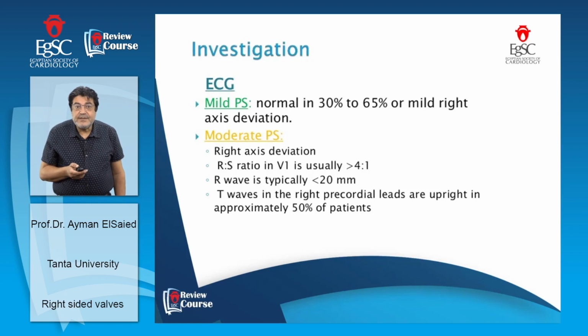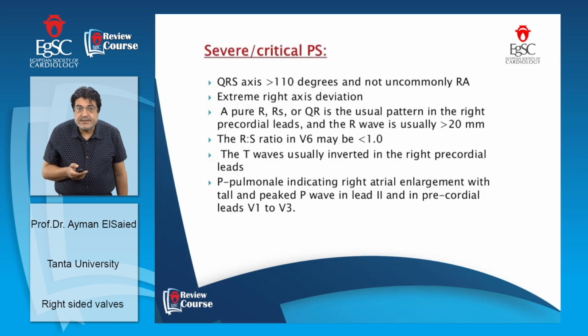The ECG is fantastic in evaluation of pulmonary stenosis. You can calculate the pressure, which is very accurate. In mild stenosis, it may be normal. In moderate stenosis, there is right axis deviation, the R to S ratio in V1 is usually more than 4, and there are T wave changes in the precordial leads as secondary changes to right ventricular hypertrophy. The axis may be over 110 in severe cases, and the P pulmonale may be increased due to the right